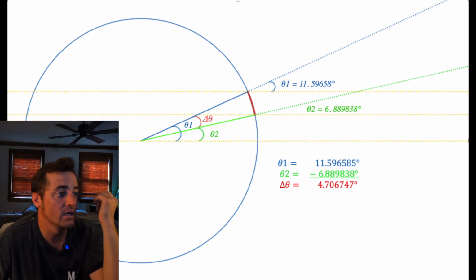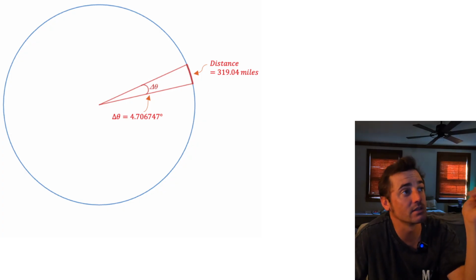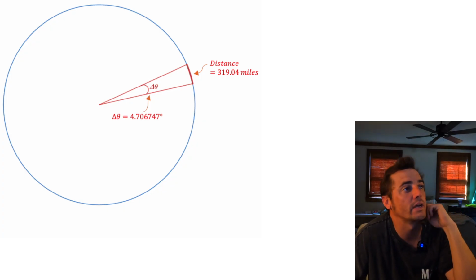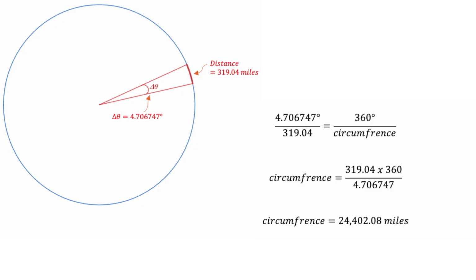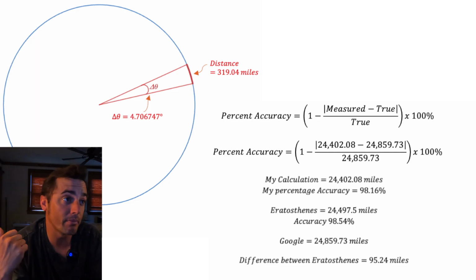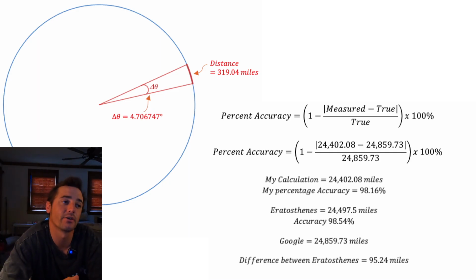4.706747 degrees. So now we have our delta angle, and then we have our distance based on what Google gave us, a straight line distance. You plug that in, 4.706747 degrees over 319.04 miles equals 360 degrees over circumference. When you solve for the circumference, you get 24,402.08 miles. So in conclusion, my accuracy level compared to Google is 98.16% accuracy compared to Eratosthenes, which was 98.54,